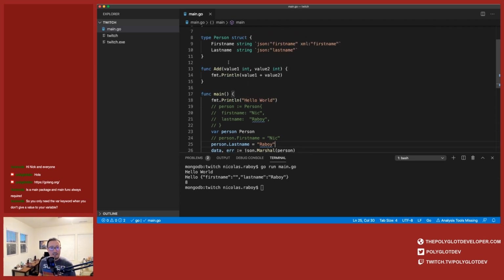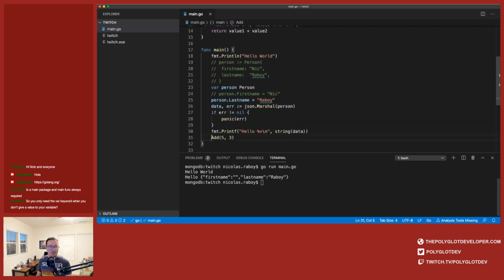So let's go ahead and change it so that way it has a return. We're going to say we only want one return value in this circumstance. So I'm going to say that we're returning an int. Instead of printing it out, let's go ahead and say return. And let's run it again. It didn't do anything. So I called add, but I never did anything with the return value. So I don't need to accept the return value here. I can just ignore it like I did now, or in this case, forgot.